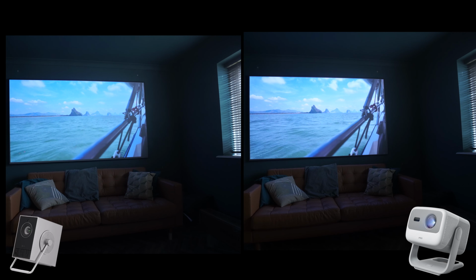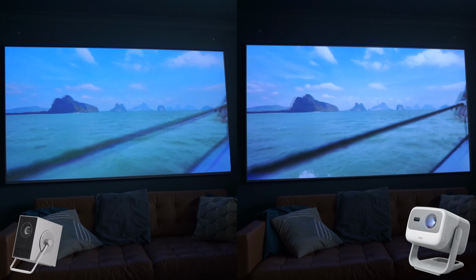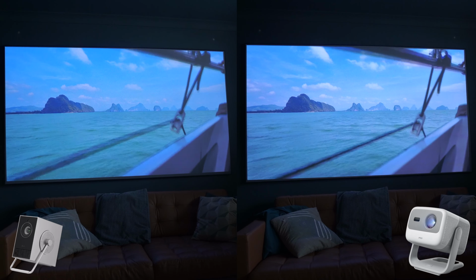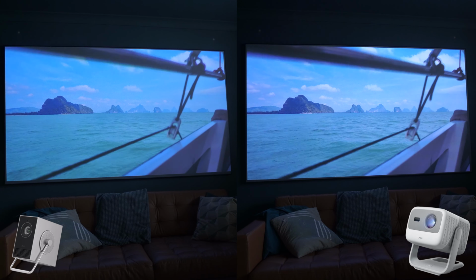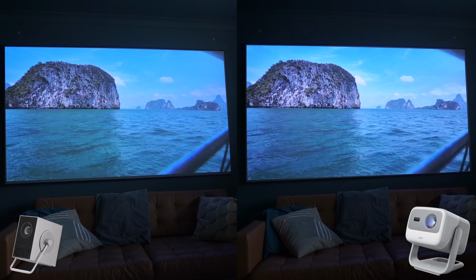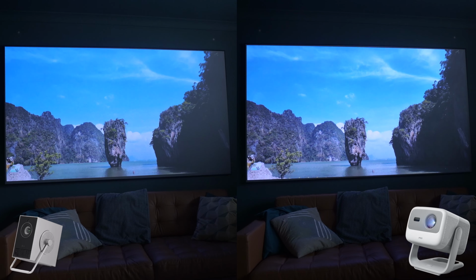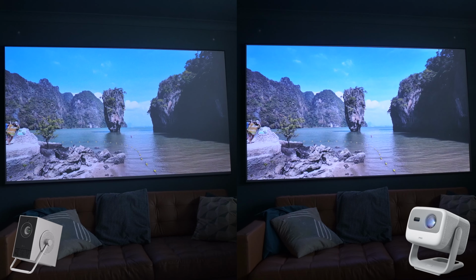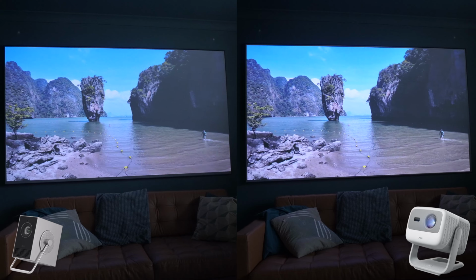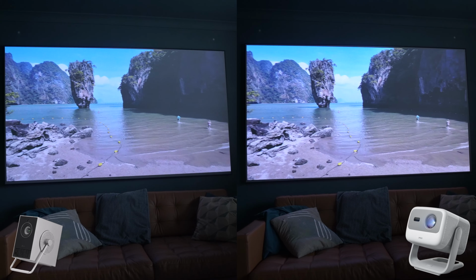So I've set them up side by side, and I've got them projecting both onto a 100-inch screen. These are just a few minutes apart, and I've just then stuck these videos side by side. And in a brighter room, there's not that much difference. Again, I just think that you're getting a little bit more detail with the JMGO, and you're getting that slight extra brightness. If you look at the clouds, for instance, you can notice it very, very simply. And also the background of those mountains in the distance, you can see the extra brightness and the